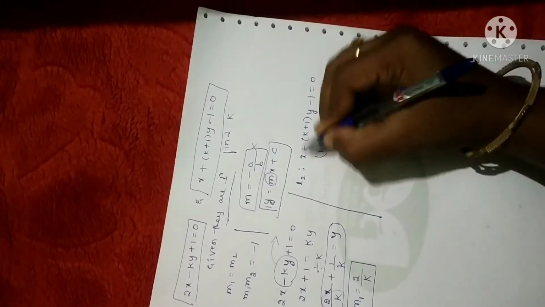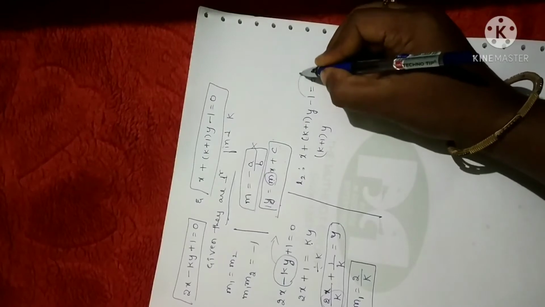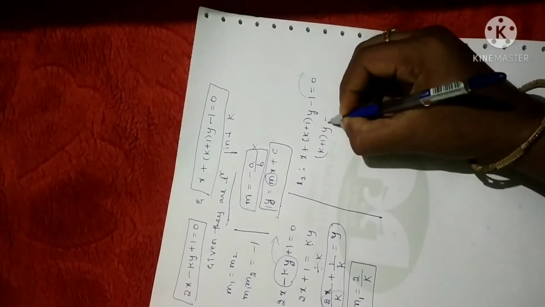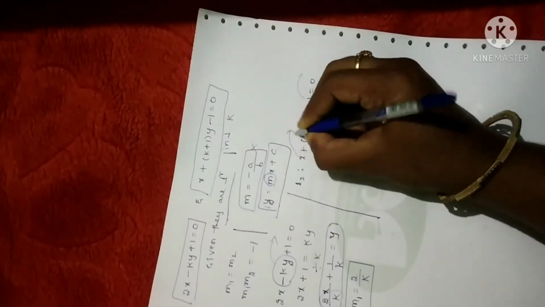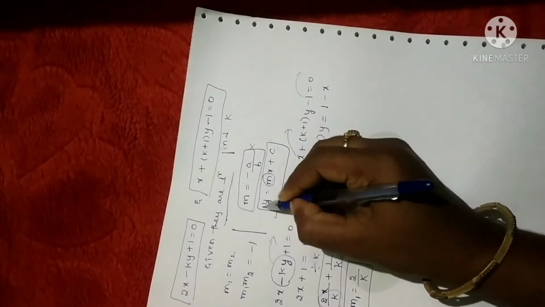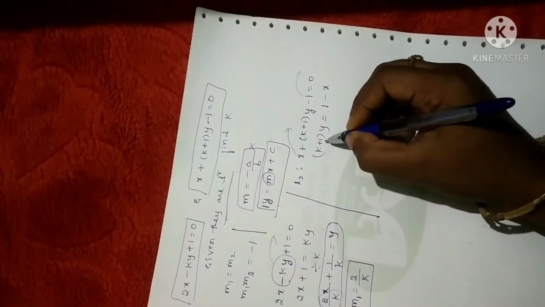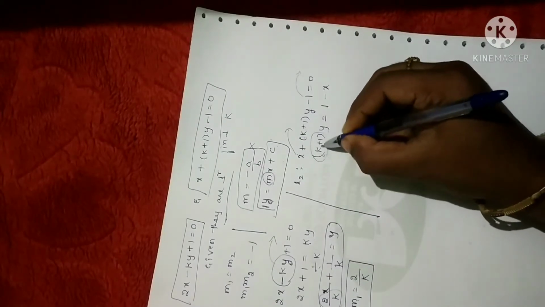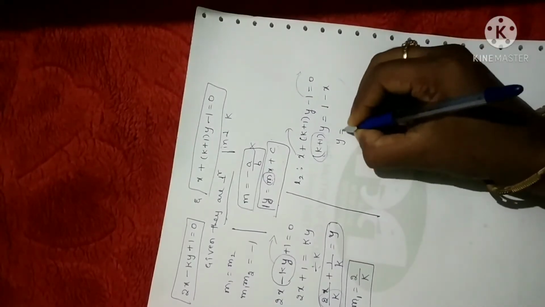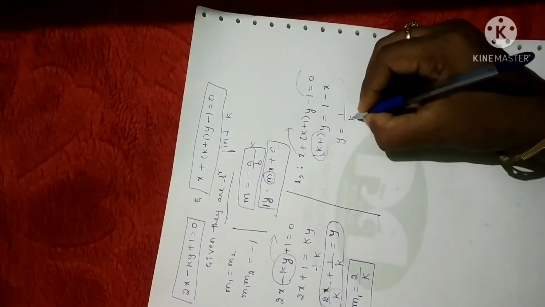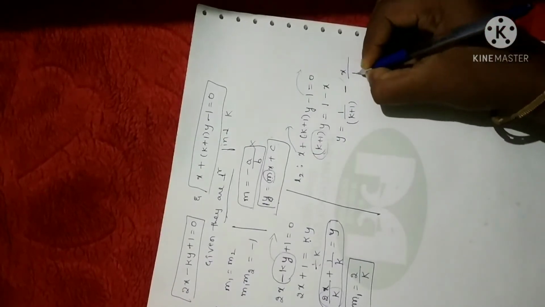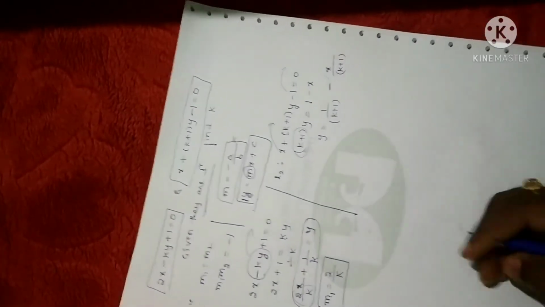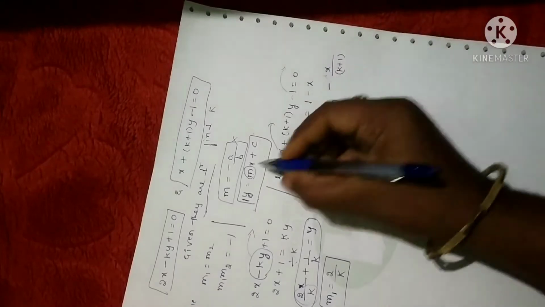Now I'm going to shift the rest of the terms. First let me shift the negative term, so what you're going to get is plus 1. The sign for x is plus, so when you shift this, you'll get minus x. Now the y coefficient in this form is 1, but here it is not the case, so let me divide. So what you're going to get is y is equal to 1 divided by (k plus 1) minus x divided by (k plus 1). Now the coefficient of x will become m.